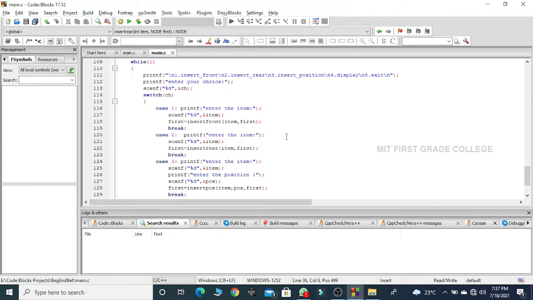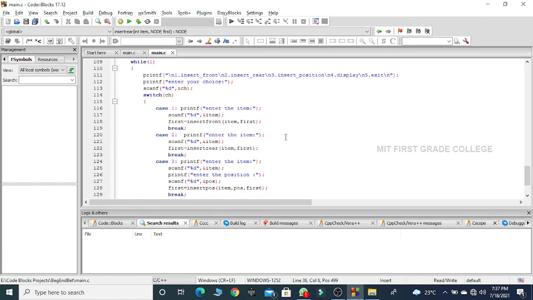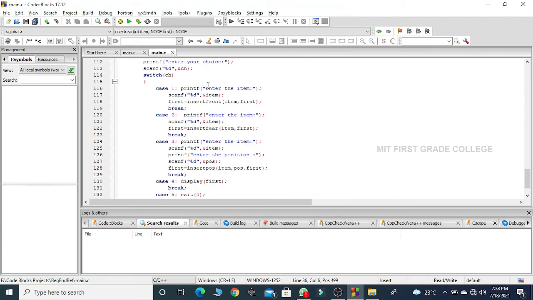Depending upon the choice that I enter, the switch statement will be executed, and the matching case inside my switch will run. If I choose insert front, case 1 will be executed, where I am asked to enter the item.